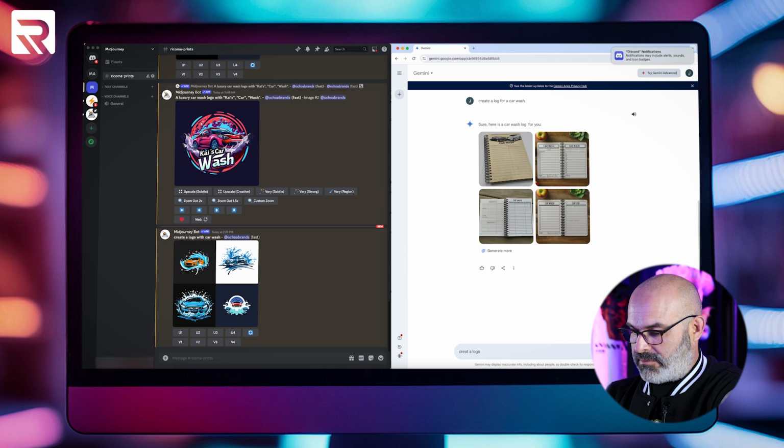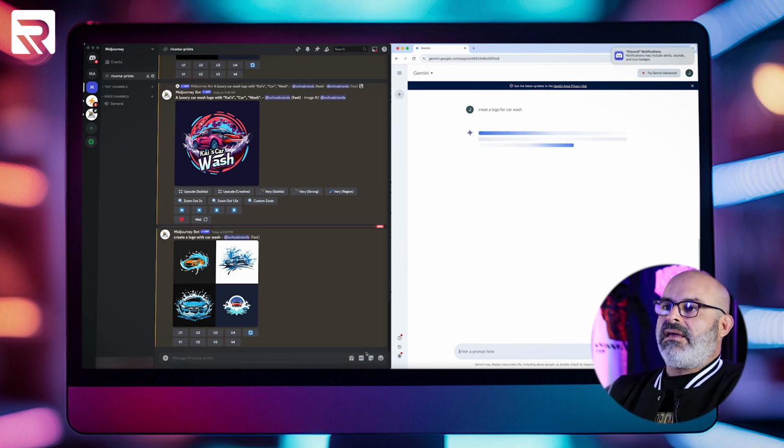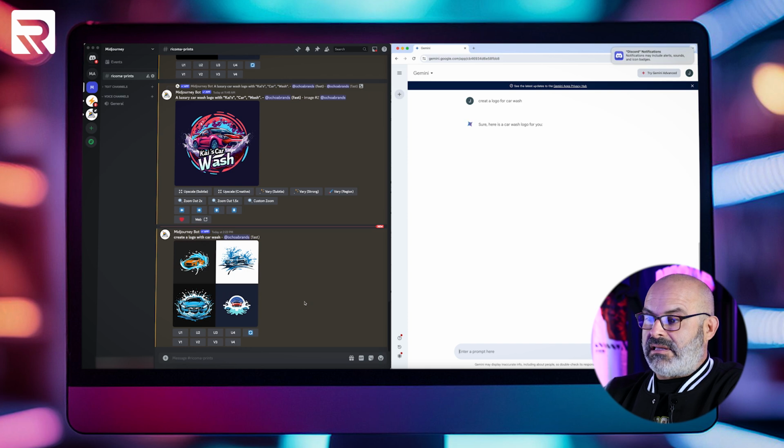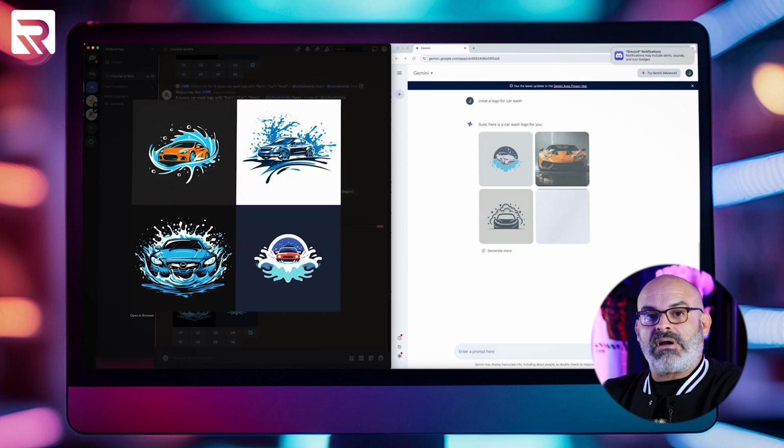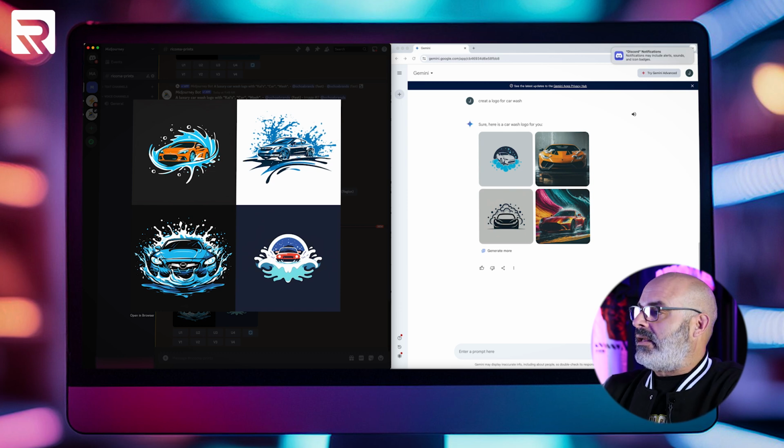Create a logo for car wash. All right, on the Midjourney side, you can see that we wanted a logo for car wash, and it gave us 4 options, and they all look really neat, but there are no words in them. In the Gemini side, you notice that, again, it kind of gave us a general idea of what the car wash looks like. These preliminary images look pretty cool, but now let's start adding words or text to see what